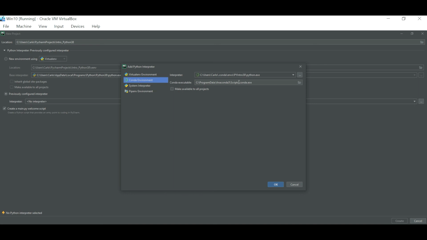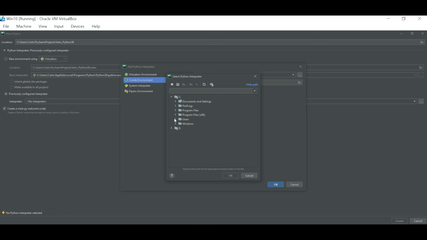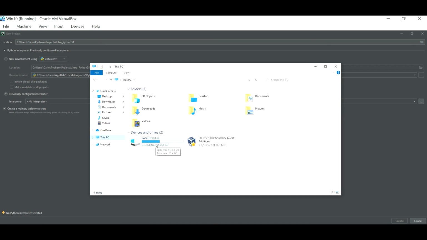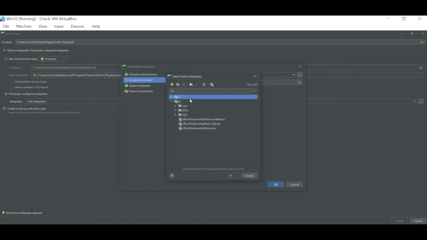And you have to find the environment that we created. So it's under your disk, C, conda, environment, Python 3.8. Oh, okay, but I forgot that I am working on my VirtualBox. The name of my disk is C, right? Yes, so